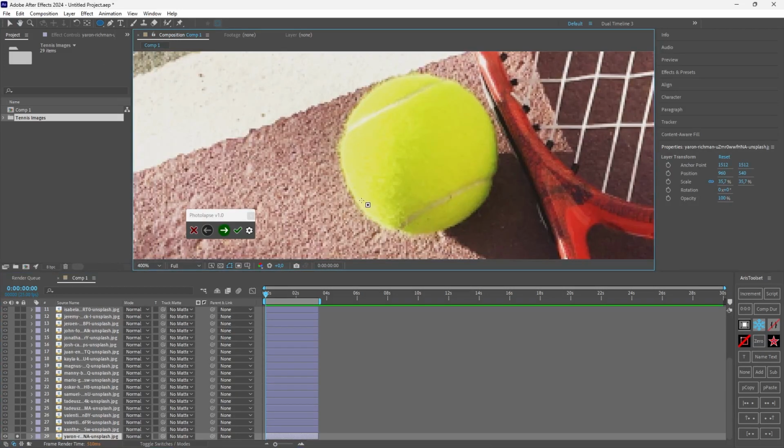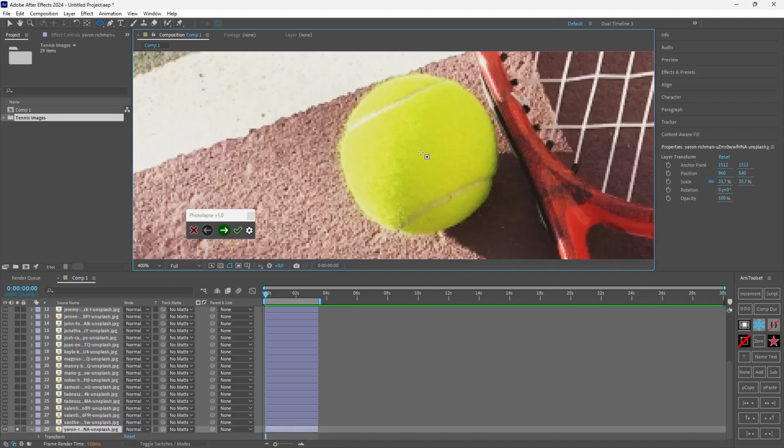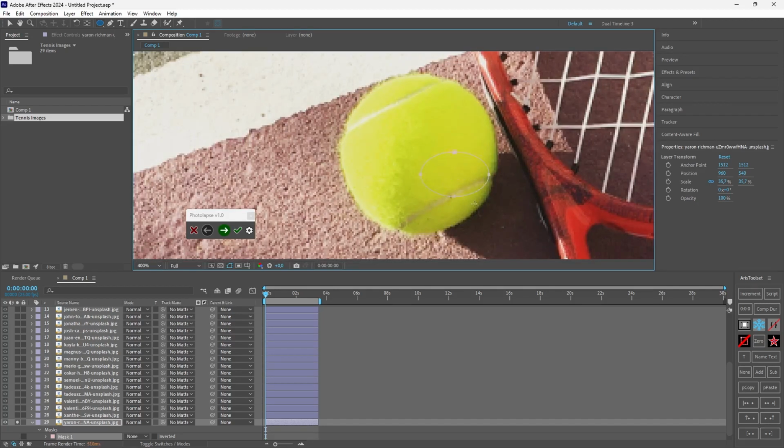Now, I'm sure you know how to create a mask. However, there are some tips I'm going to show you so you can speed up the process by a lot. Instead of clicking and dragging here, I will click and drag from the middle of the object. Right away you notice I cannot see the image anymore. So, while still dragging, I will tap the N key. Now I can see the image while creating the mask.